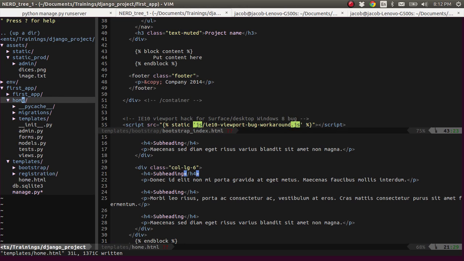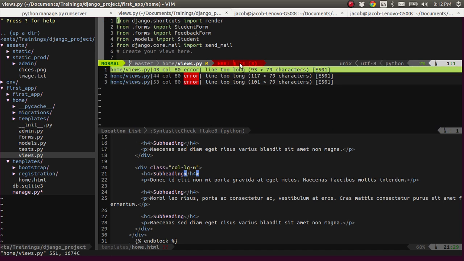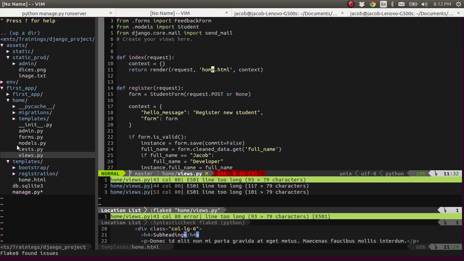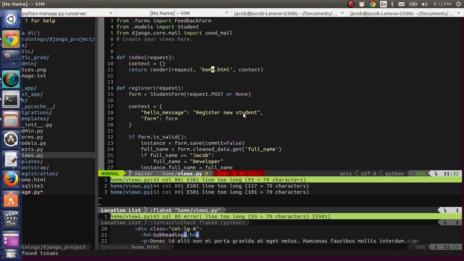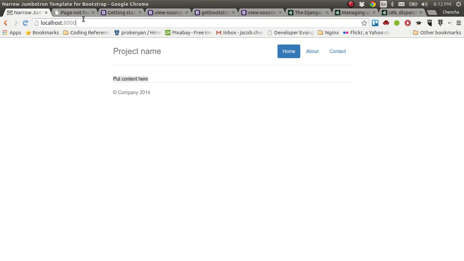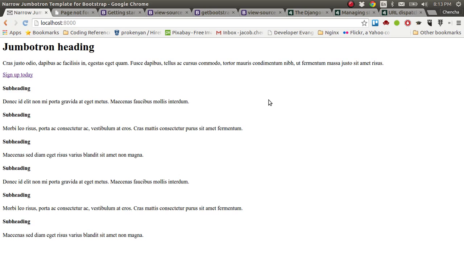So our view was here. Alright, so I need to correct that one. But now instead of loading this, which should be our base page, we're instead going to load our home page. So instead of that, we're going to load our home page. Okay, so let's see what happens when you do that. Okay, so as you can see now our content is getting loaded,